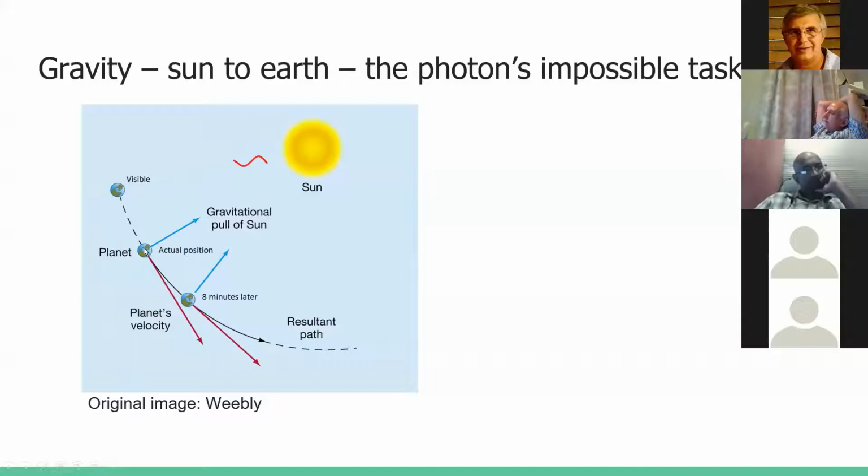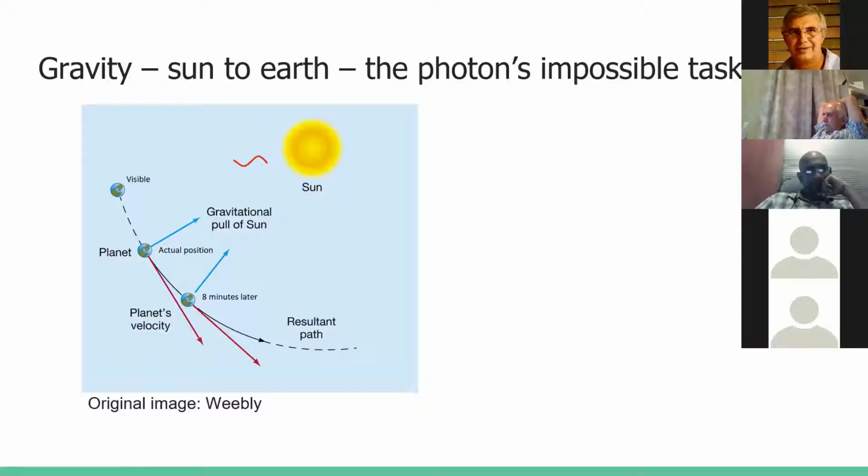You would still be wrong, because in the next 8 minutes that it takes your photon to reach that spot, the earth has moved over there. So you now have to be twice as smart to send your photon to this position if you are launching it from the surface or the center of the sun. So to expect the sun or a photon to be smart might be a lot to ask. Twice as smart, twice to ask.